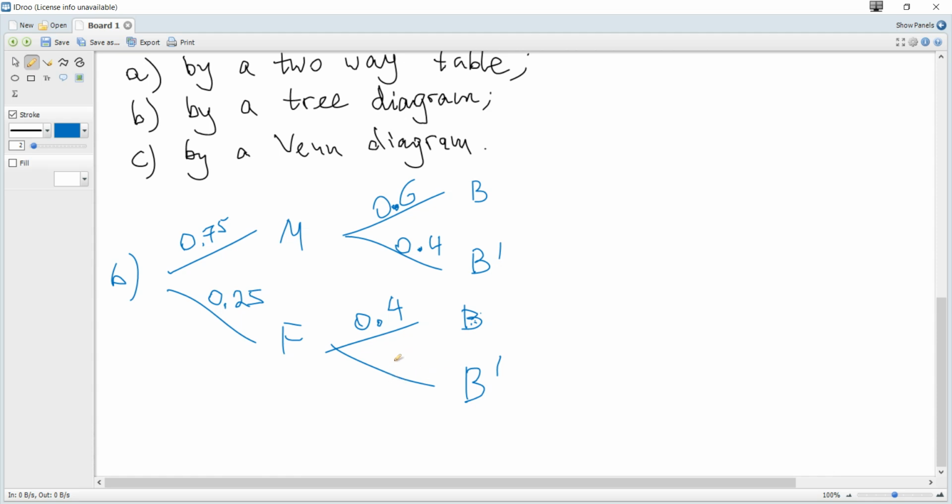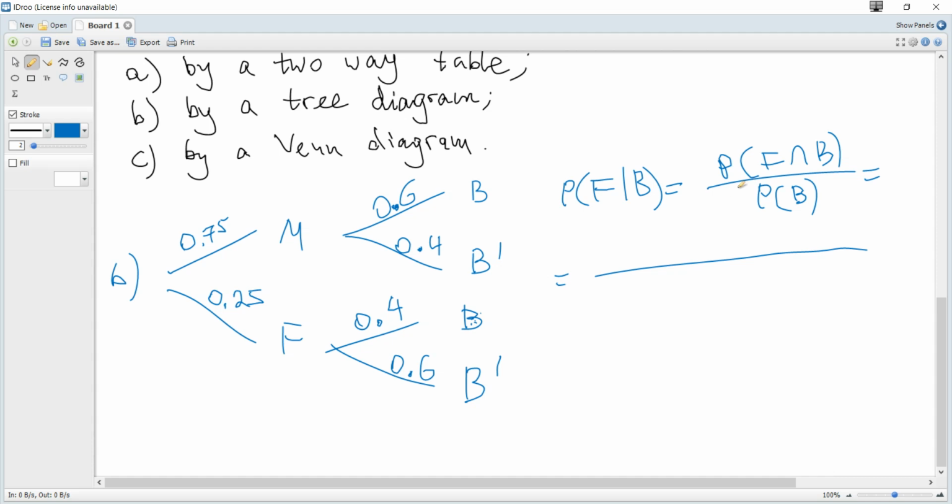And here is 0.6, and the question probability F given B becomes, using the formula, probability F and B divided by probability of B, and probability F and B is this product, 0.25 times 0.4,